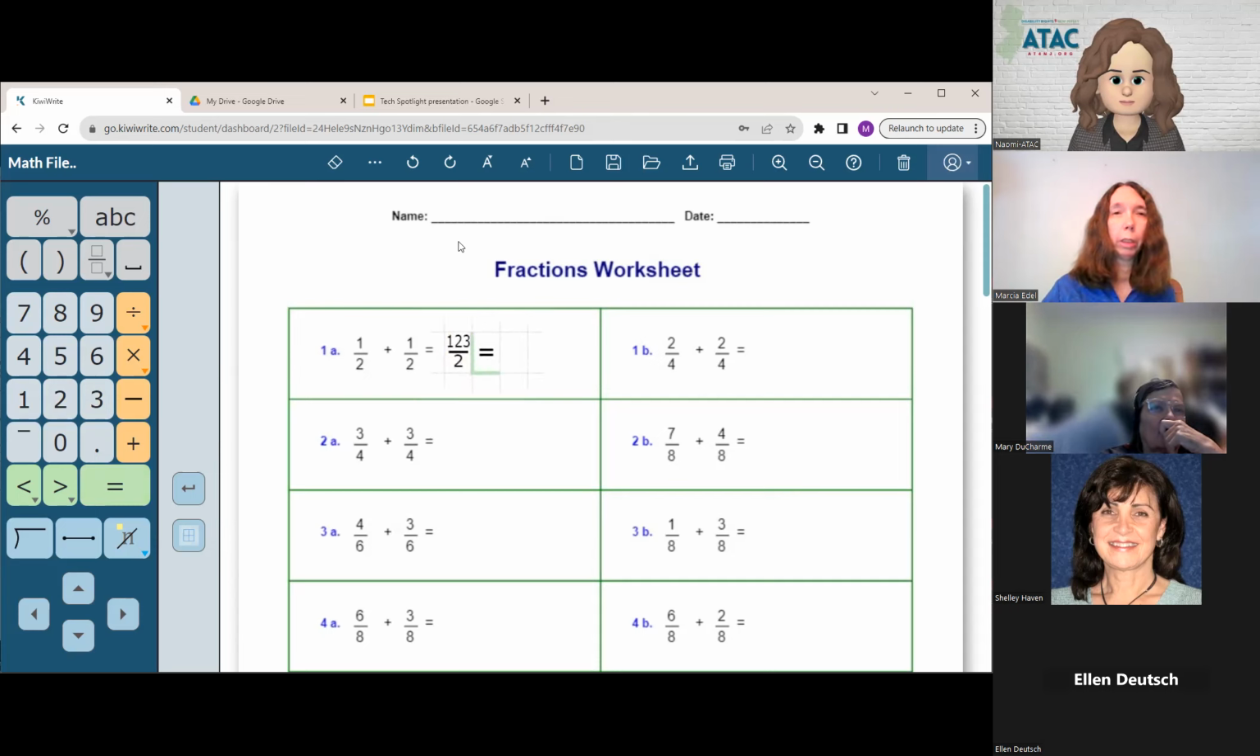Something else you can do in KiwiWrite is add text. If you just type on the keyboard, you will get letters, but they will not be spaced as text. For some students that might be good enough for some uses, but we do suggest use of the ABC key when you want to enter text. When you click ABC, then it will give you a little text box,